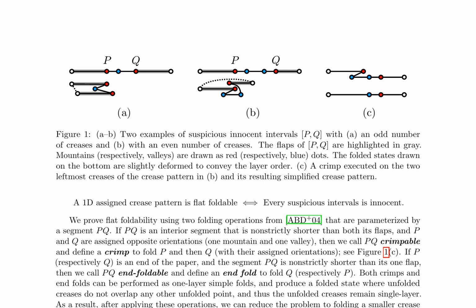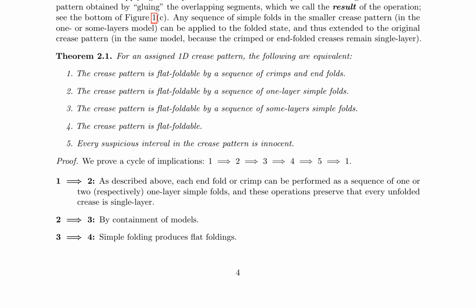Furthermore, the paper presents a polynomial time algorithm for deciding simple foldability in the one and some layers models for 1D paper. This algorithm utilizes two fundamental folding operations, crimps and end folds. Crimps involve folding two consecutive creases with opposite orientations, while end folds involve folding a crease adjacent to an end of the paper. Both operations can be executed as one or two-layer simple folds, respectively, and preserve the single-layer property